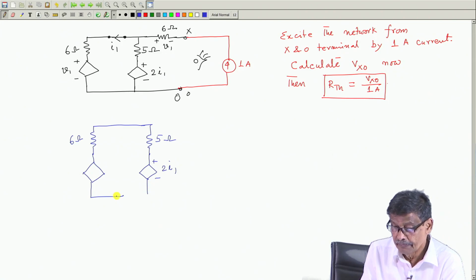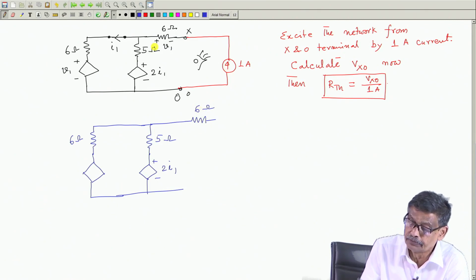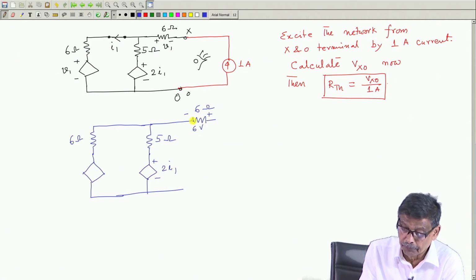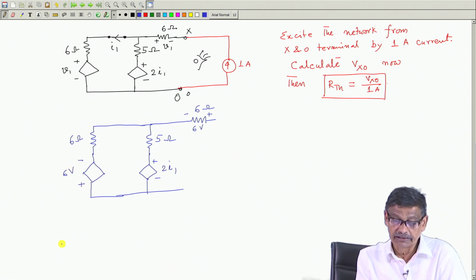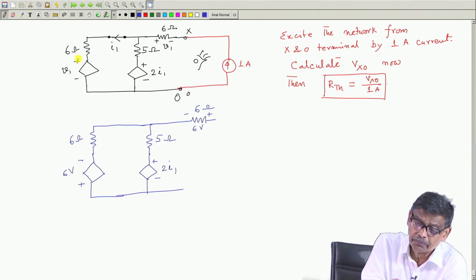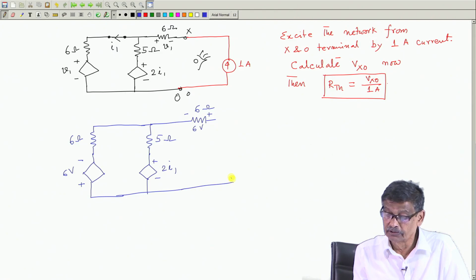That is fine, and this resistance 6 ohm, since you have forced a 1 ampere current to flow through it, the voltage drop will be 6 volt, 6 into 1, with this polarity. Therefore, that is equal to the same V 1. So, this voltage will also be 6 volt. Got the point? This polarity you must understand, or alternatively you can write minus 6 volt with the opposite polarity.